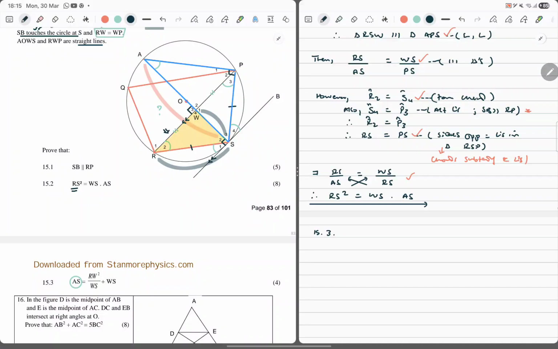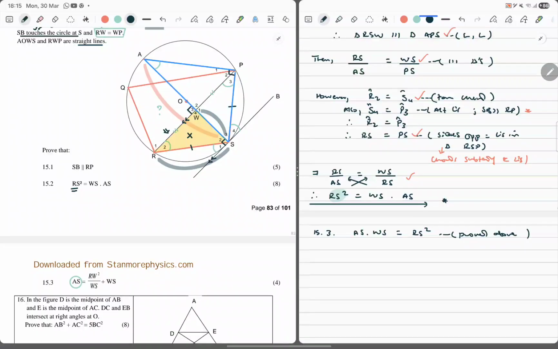We're going to think, what if we use this proof right here? If we use this proof, we already have a square on RS. Now RS, in terms of this triangle, what is it going to be? Pythagoras, right? We know AS times WS is equal to RS squared. This is proved